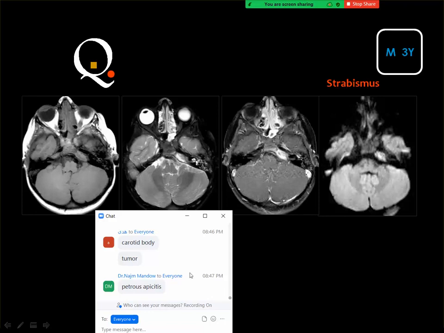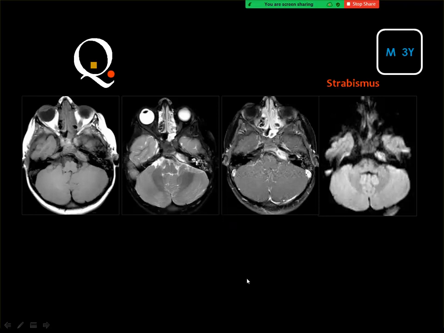Yes, the answer is good. This is petrous apicitis, or apical petrositis, and this is a complication of otitis media. The patient had otitis media, and you see fluid signal in the mastoid air cells as well as in the middle ear cleft, and you